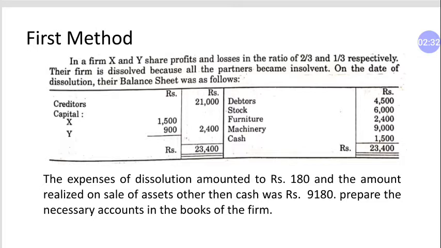So dear students, you will have to make the realization account, cash account, creditors account, profit and loss realization account, and then the partners' capital account. Okay. So we will make the realization account without transferring external liabilities into it, and we will transfer its balance into the profit and loss realization account. We will make the cash account, and the balance of the cash account we will transfer into the creditors account. We will make the creditors account, and the balance of the creditors account we will transfer into the profit and loss realization account, and the balance of the profit and loss realization account we will transfer into the partners' capital account. Okay. So this process we have to apply, and the realization account in the same manner.